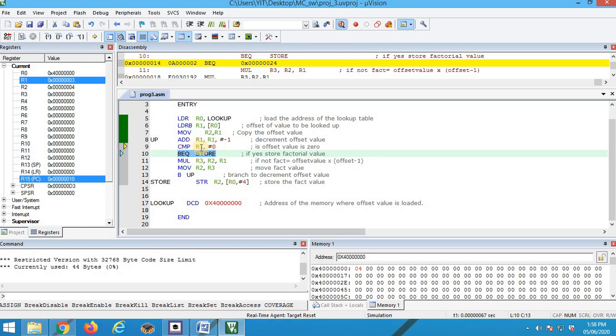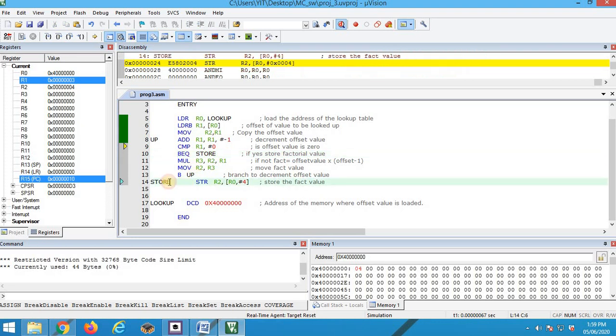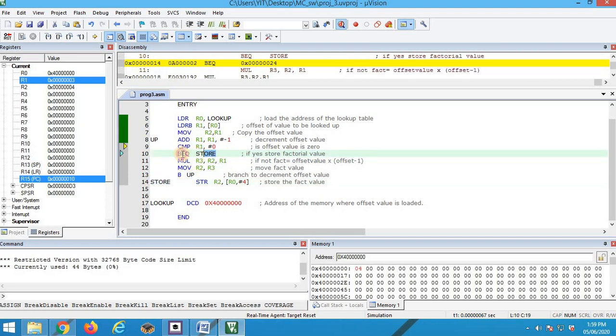Right now R1 is 3. When R1 becomes 0, you jump out of the loop. Here up is representing the label which I assigned for the loop. So if R1 is 0, I jump to this particular label. That's what this particular instruction is indicating.